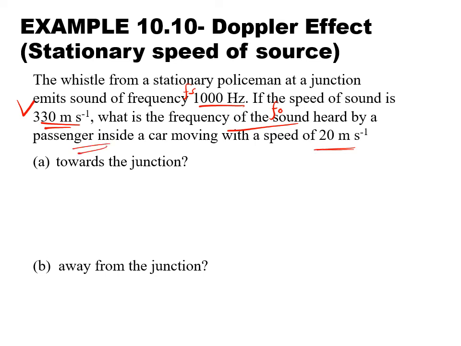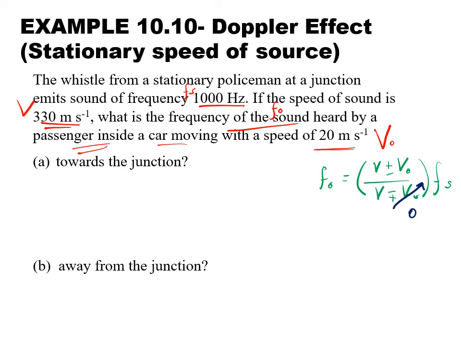The passenger inside a car with a speed of 20 meters per second means that this is the V observer. So, based on the formula of Doppler effect, F observer equal to V plus minus V observer divided by V minus plus V source times Fs. So, just now our V source is 0